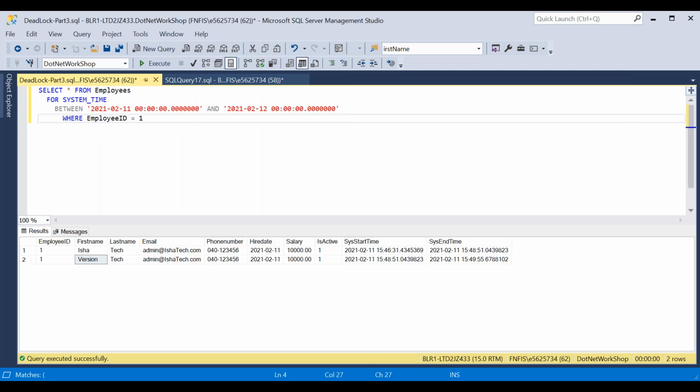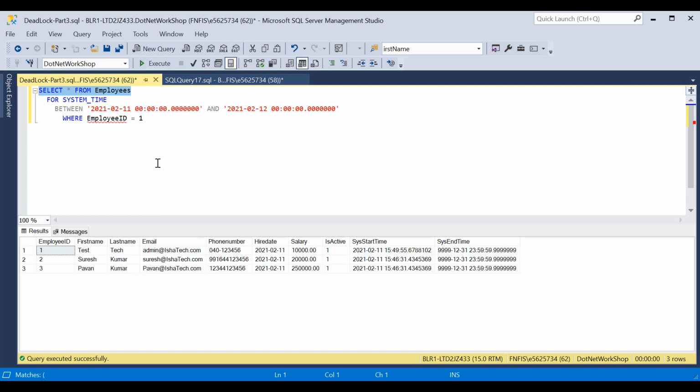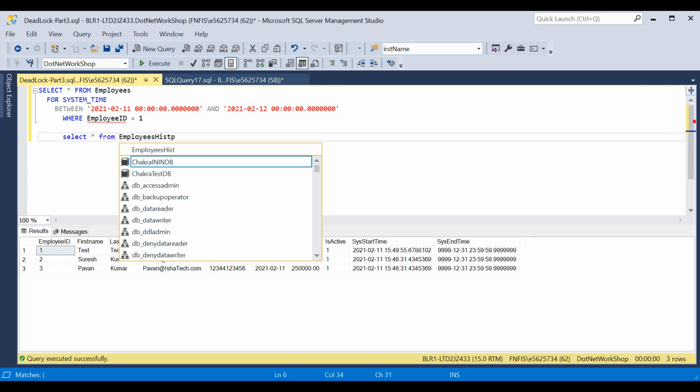Now, if I want to get any information from the employees table by using the history also, I have a simple query. Say, select star from employees for system time between, I'm giving the dates, today's date only, for employee ID 1. If I write the query like select star from employee, I'll get only from the employees table itself. But if I give the history table, select star from employees history,